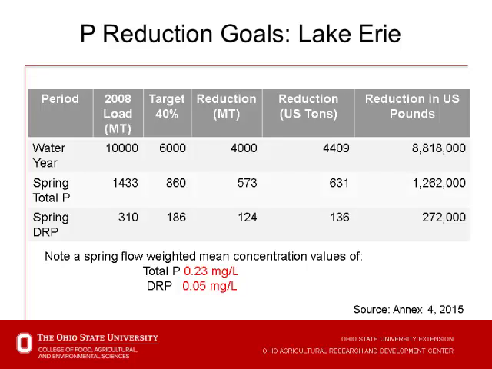But basically, what you boil down to is that we're looking at trying to reduce spring DRP loading by 272,000 pounds. Sounds real easy, doesn't it, when you put it in that perspective? But it's not real easy to make that kind of reduction, because we can't do it on a one-to-one basis. It's not changing 1 pound added to the soil profile to come up with that type of a change. When we talk about the spring total loading, we're talking about 1.3 million pounds of reduction in relationship to meeting